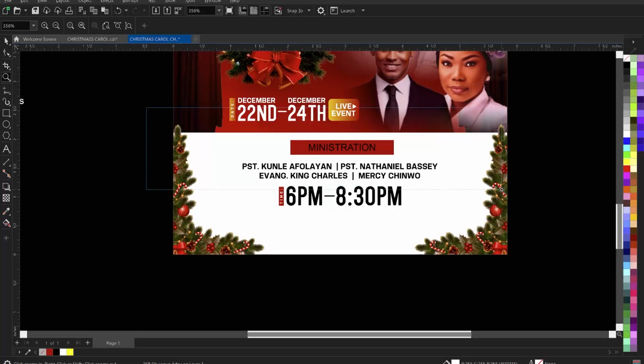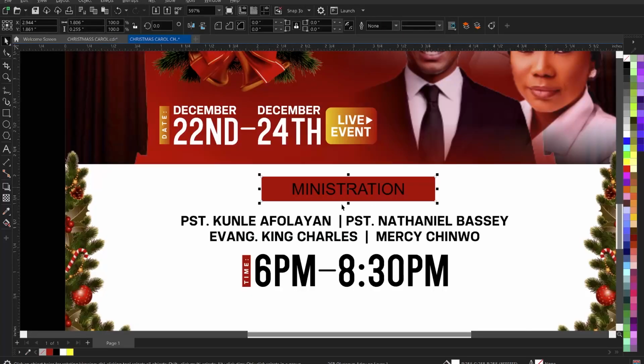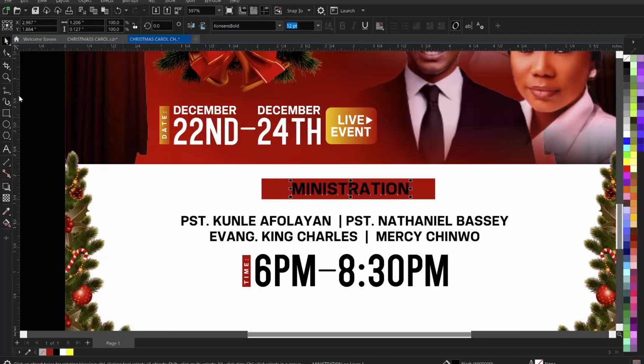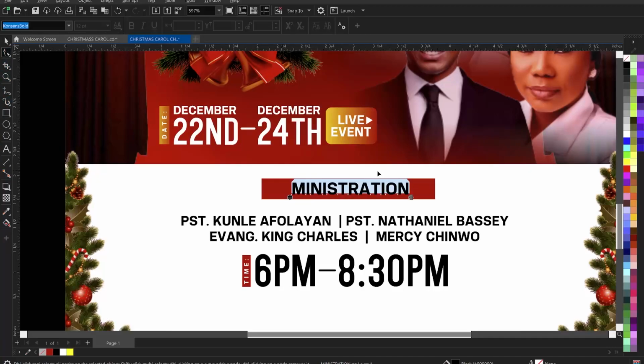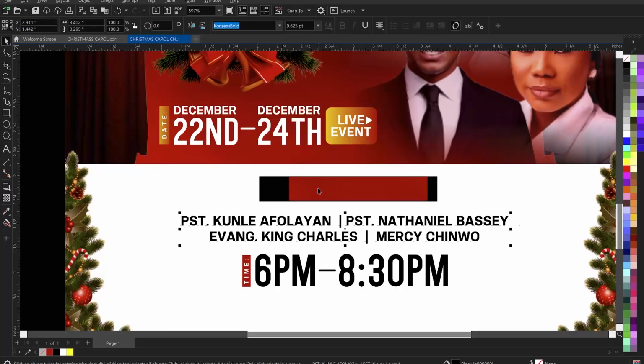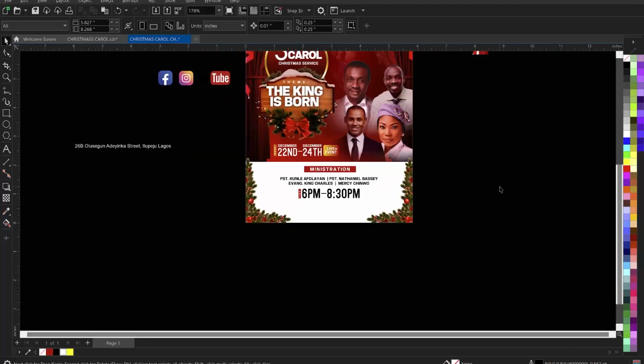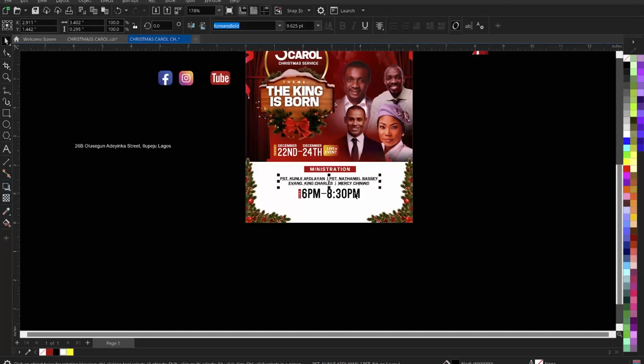So I think the box is a little bigger, so we are going to reduce it, and then give this Consens bold as well. And then we take our shape tool and adjust it this way to create spacing in between, right? Then let's give it white. So you guys can see what we have right now. So let's take all of them up a little,